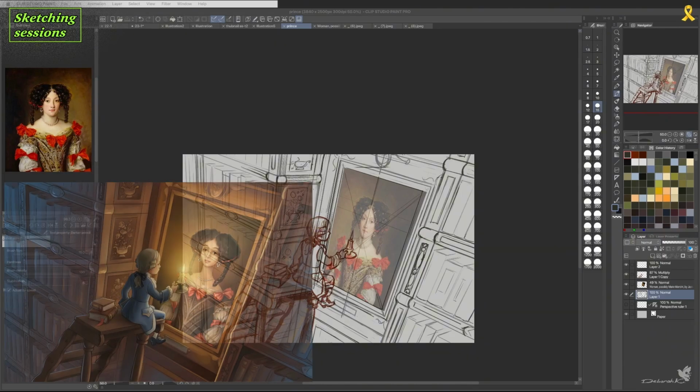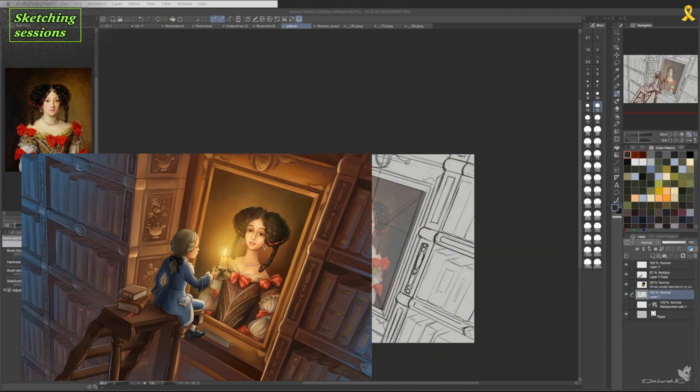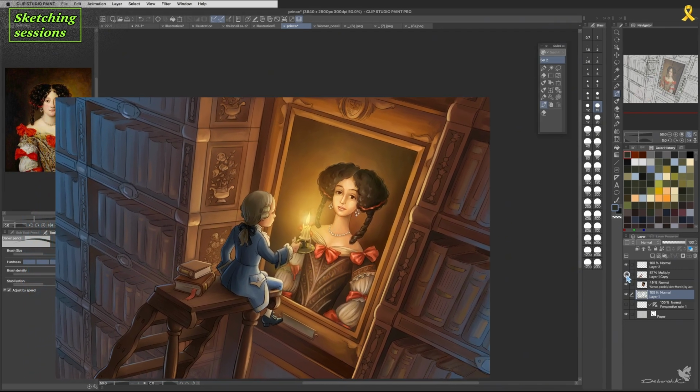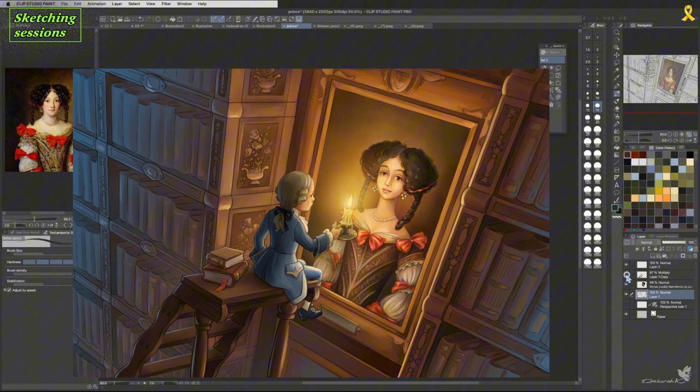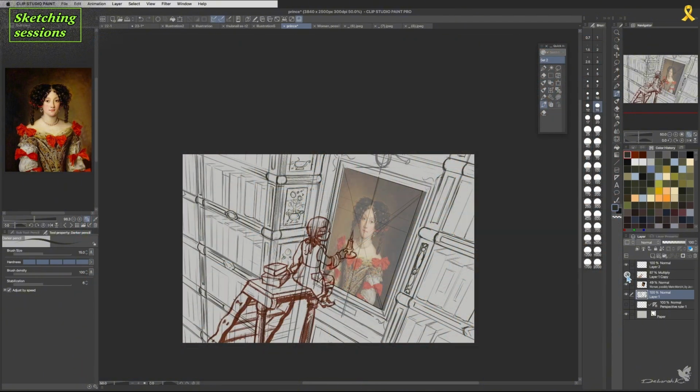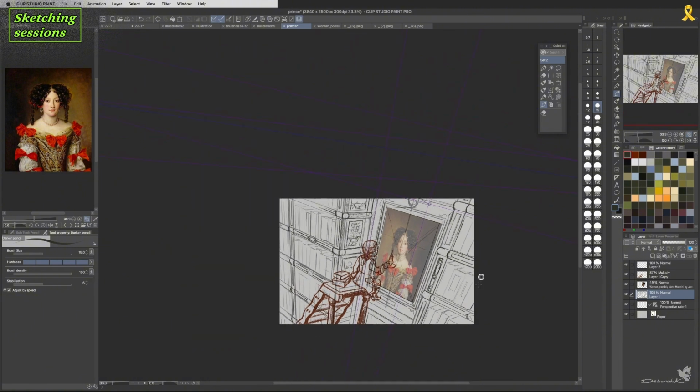In today's session I'm going to share the stages of drawing this illustration. I was inspired by one portrait of a young lady, Maria Mancini. I think it is probably her portrait, and I created this illustration with interesting